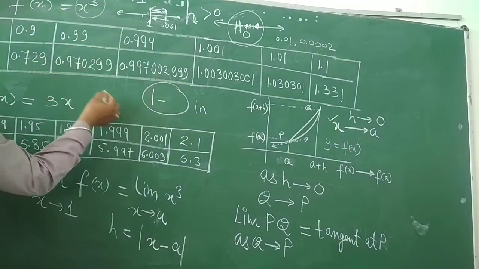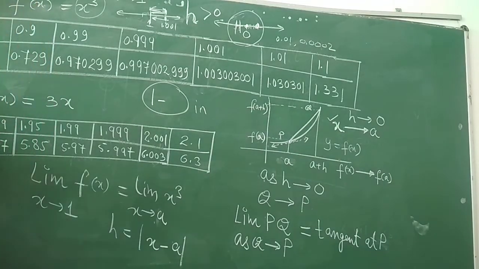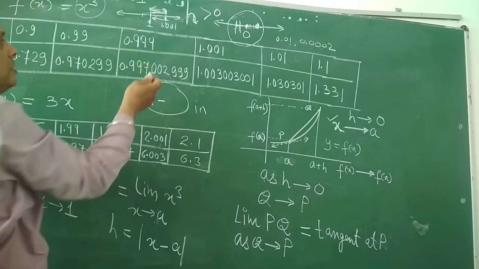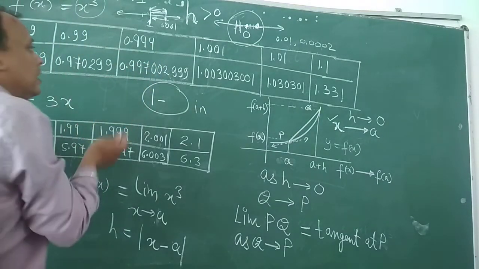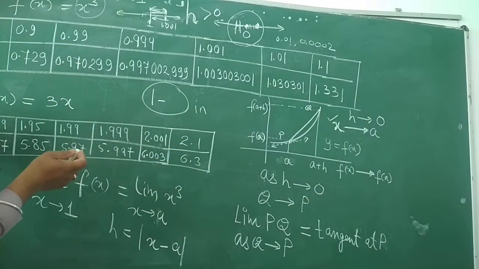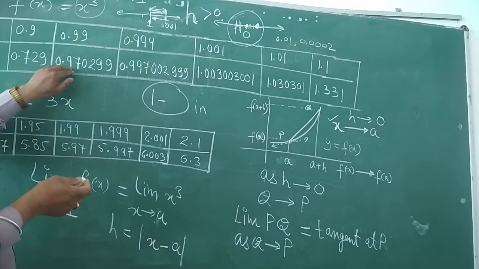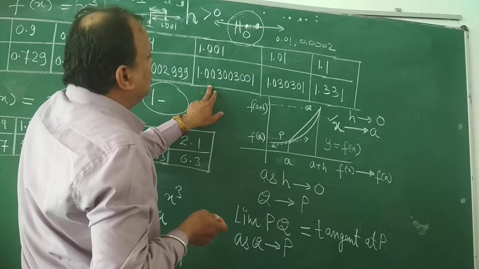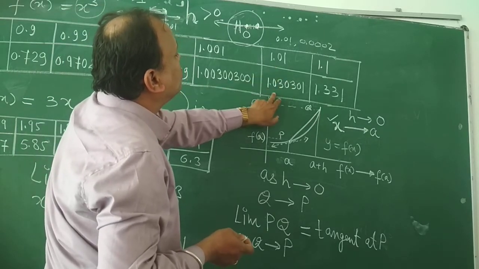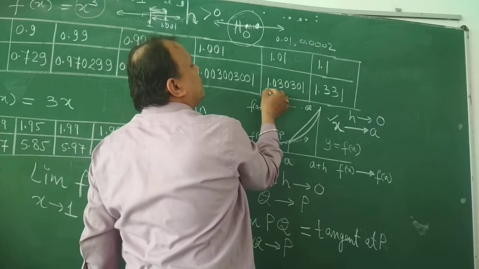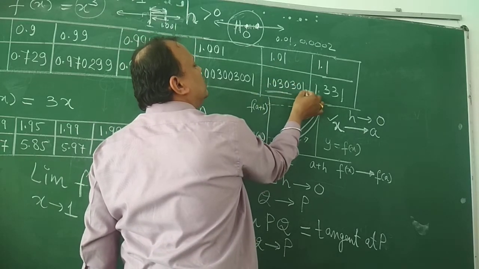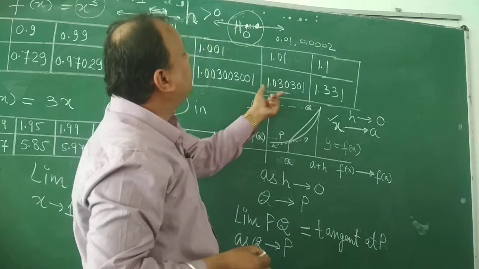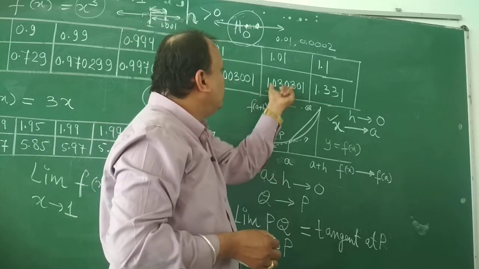Even if we keep considering higher powers of these fractions, these are proper fractions. All proper fractions, when we consider higher powers, still become smaller and smaller, and their cube is also approaching 1. The cube of 1.01 is also approaching 1, because the difference between 1 and 1.030301 is very negligible compared to the value 1. So we can say this value is approaching 1.